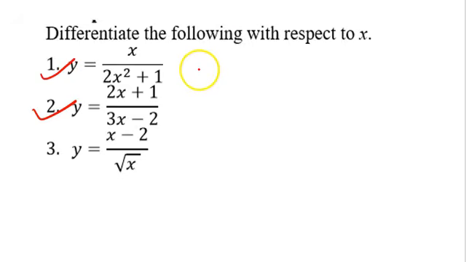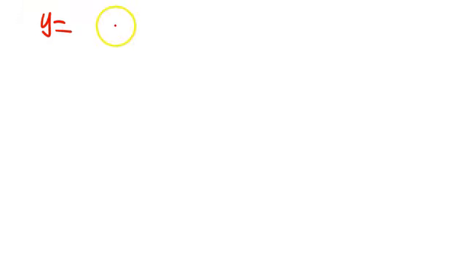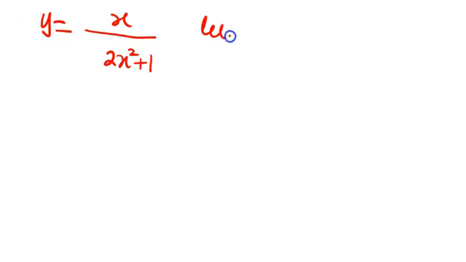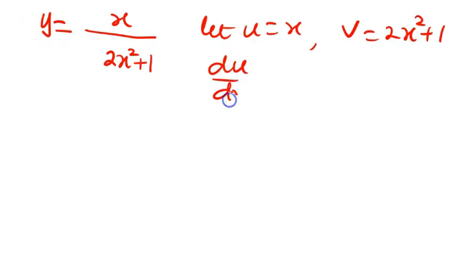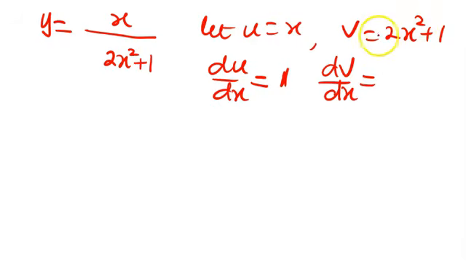Okay, now let's begin. So y is equal to x over 2x squared plus 1. So here you cannot interchange u and v. U is the function at the numerator and then v is the function at the denominator. So let u be x and then v be 2x squared plus 1. So let's find du dx. Du dx is equal to 1 and then dv dx, that is, you bring the power forward and then reduce the power by 1, so which is